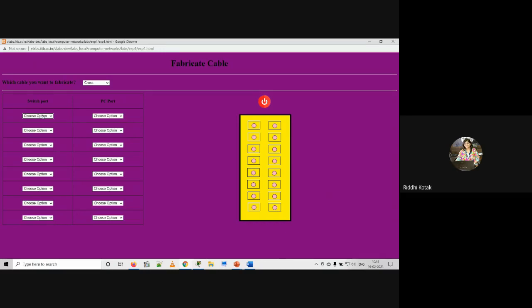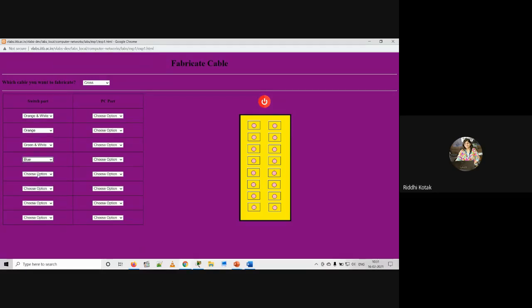So the first color is orange and white, correct. Orange and white. Next one is orange. Third one is green and white. Next color blue.